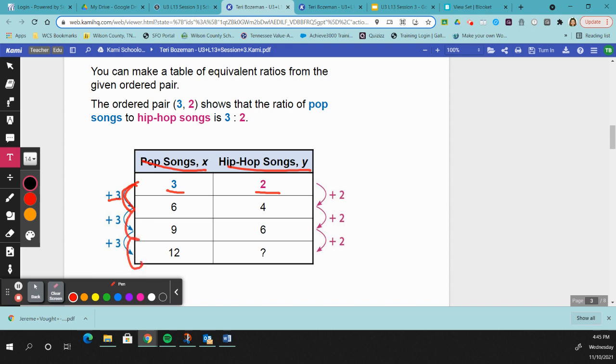Then we can come over to the other side and say the same thing. This time, though, we're adding by 2 because we start with 2 here. So 2 plus 2 is 4, 4 plus 2 is 6, 6 plus 2 would be 8. So the same way to get the same answer, because this is now a new way to write a ratio. We're used to writing them with a colon or the word "to" in between, but you can also write them as an ordered pair. And you talked about ordered pairs in 5th grade math when you talked about coordinate grids,